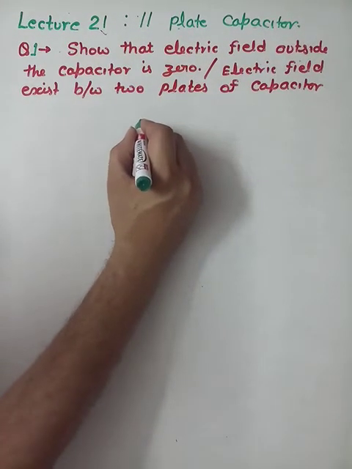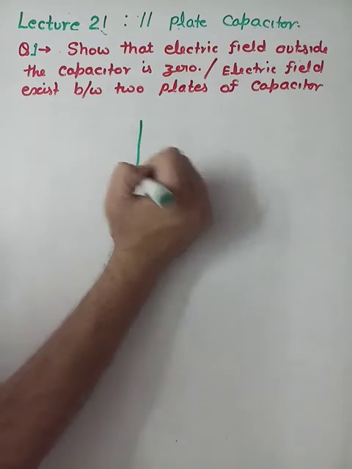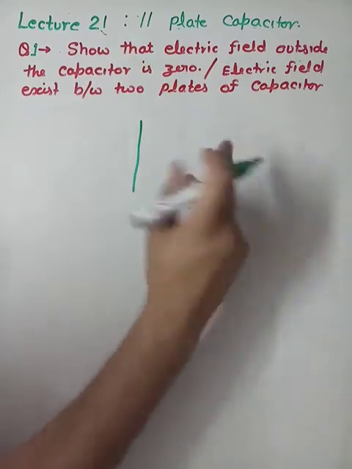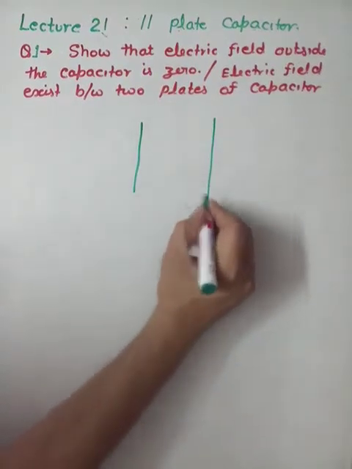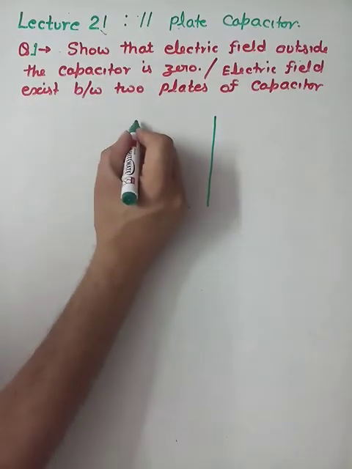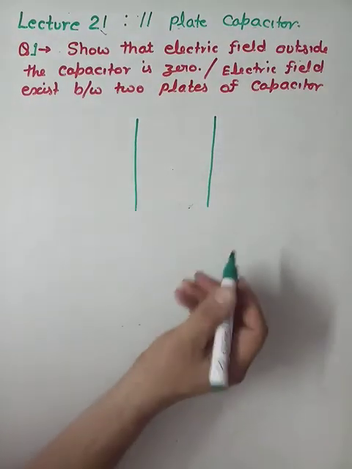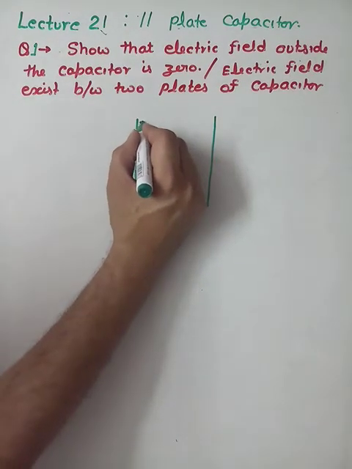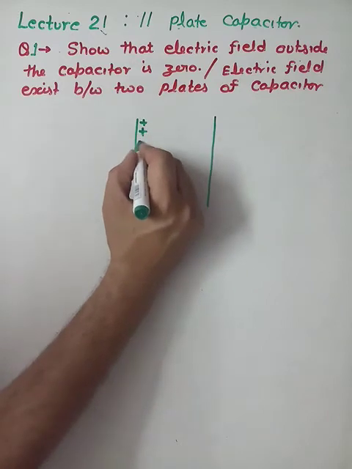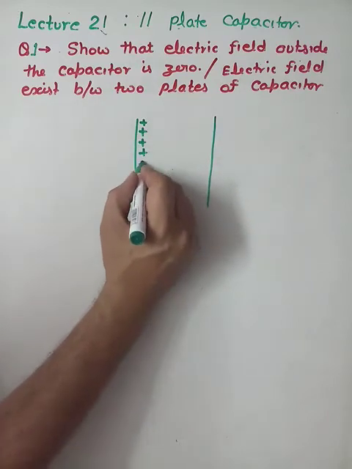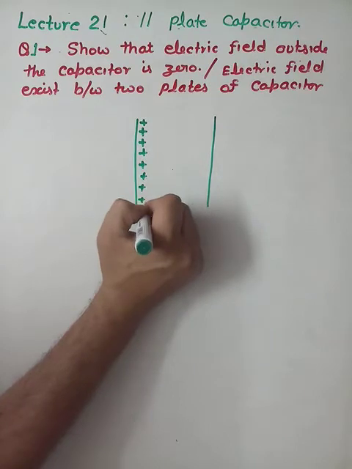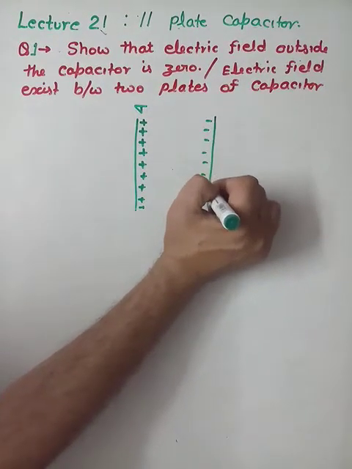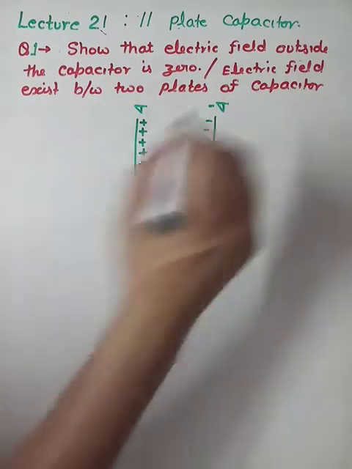Now, first of all, I think we have to make a capacitor. These are two parallel plates. Suppose we separated some large distance. Initially, the separation between them is very small. Let us consider two plates. This plate is given a positive charge, surface charge density say plus sigma. Negative charge appears on this side, it is minus sigma.